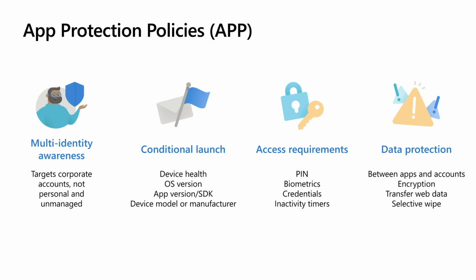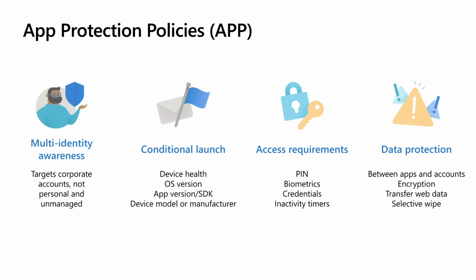Or in the case of the device model, we could outright block access and prevent the user from adding their work or school account data in the event that they're using a model that as an organization we don't want to support. Likewise, with access requirements, we need a method to ensure that the work or school account data access is controlled, because if we're not enrolling the device, we cannot rely on the existence or strength of the device PIN. So with access requirements, we can apply a PIN in order to access the work or school account